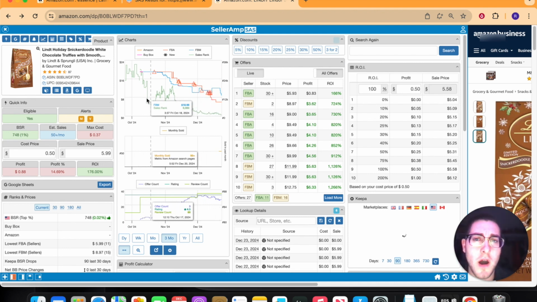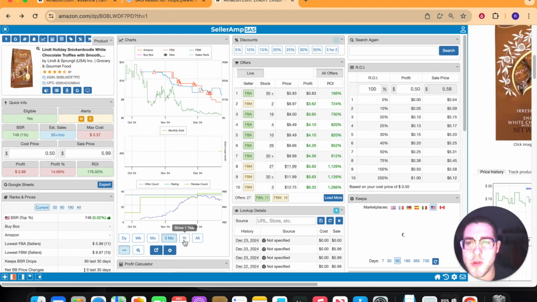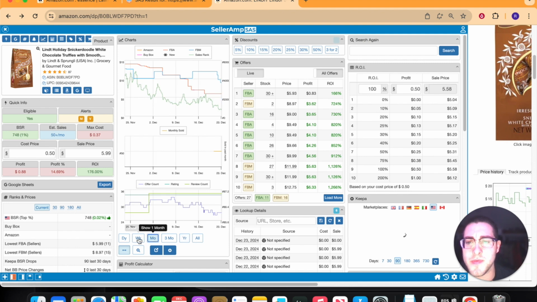So this is extremely nice for SellerAmp to do because they notice that SellerAmp is $30 off the start, and for a new seller, you guys do not know anything. So they want to minimize your costs for other places and pretty much put this in. So, this software should be more expensive than it is. I think it has everything in one. And then you could go to the 1 year, the month, the week,